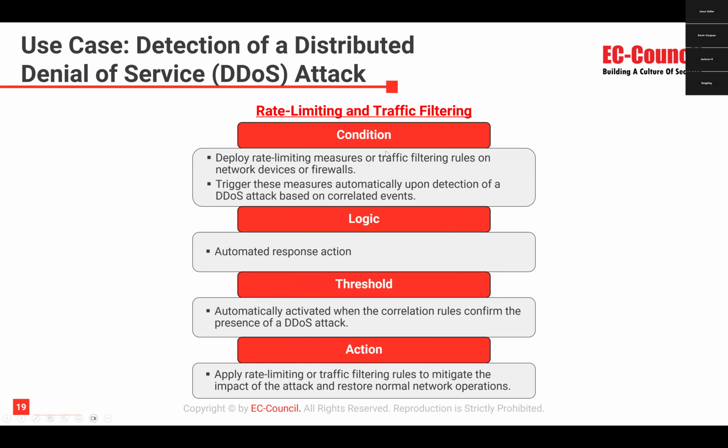We would set up rate limiting and traffic filtering. That will then look for deploying any kind of rate limiting when we see those measures that we had before, and automatically do a response plan of limiting the amount of traffic that could come in on those ports. So one example of this a while back was at an institution close to us where